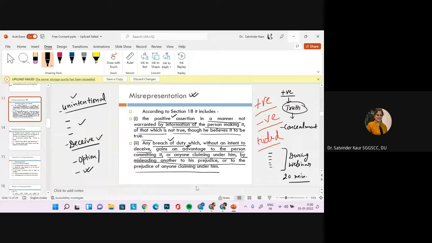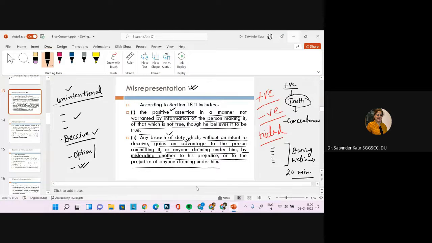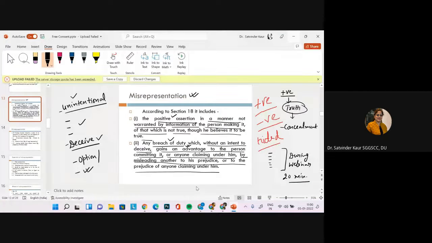But there was no intention related to this, and even after 20 minutes get over, you receive an email that you can receive the information or take the decision in the next 24 hours. So in that case, the person is taking advantage of the position as per the availability of the option. It generally happens, we must have come across these kinds of situations. So there is a breach of duty.